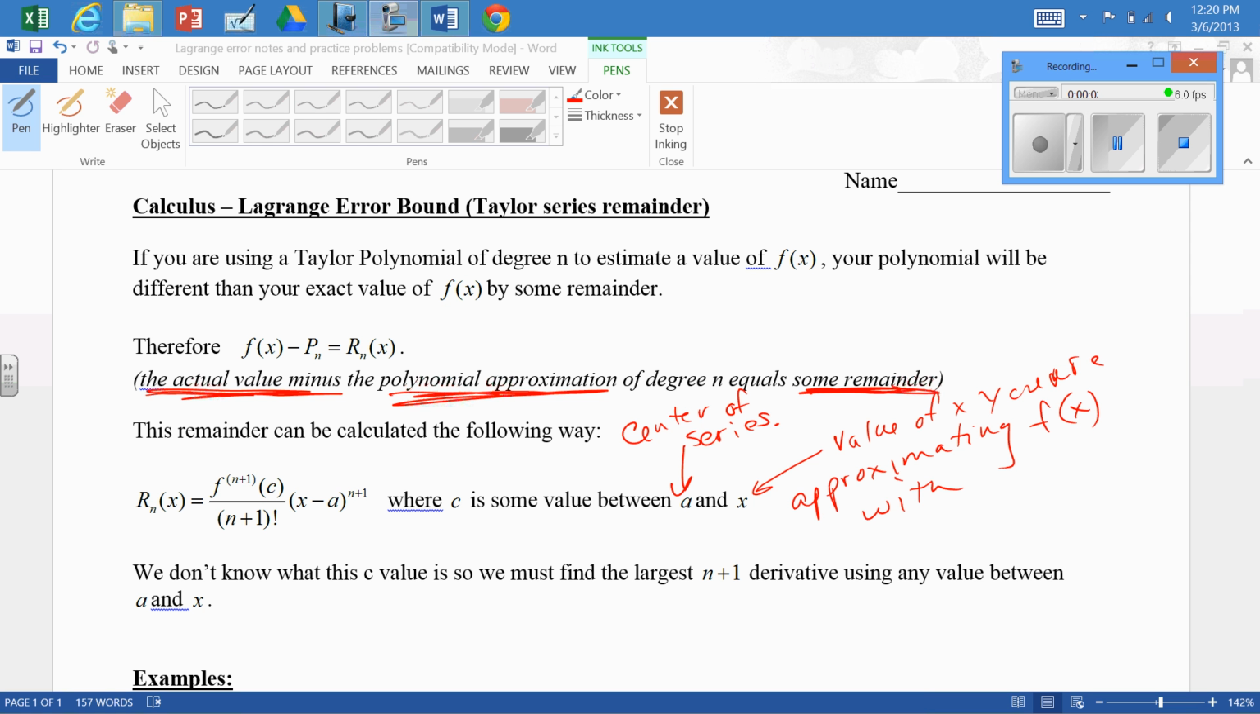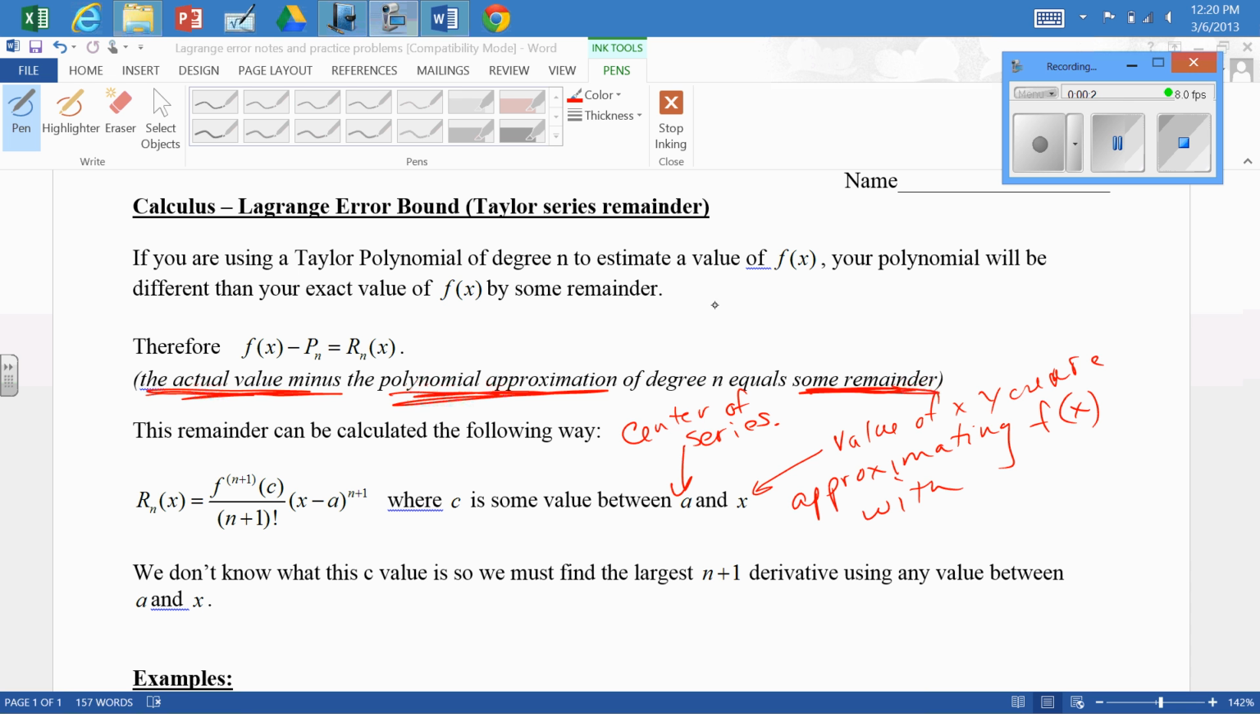We're going to do a real quick lesson on Lagrange error bounds, so when we come into class tomorrow, we can get rocking and rolling right away. First of all, anytime you're using a Taylor polynomial or Maclaurin series to approximate an actual value of a function,